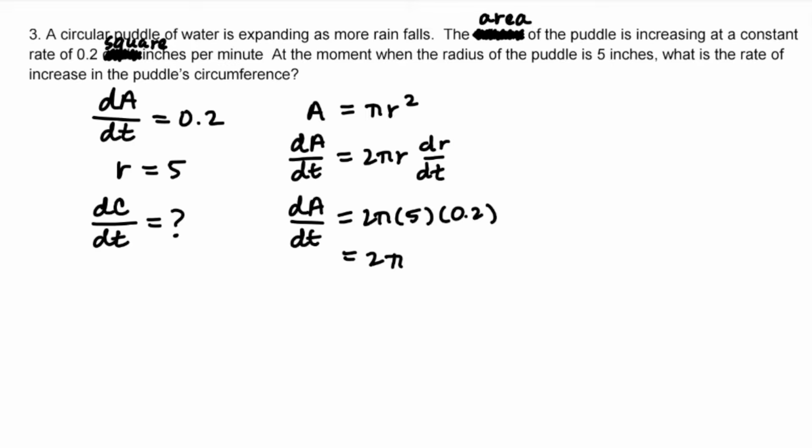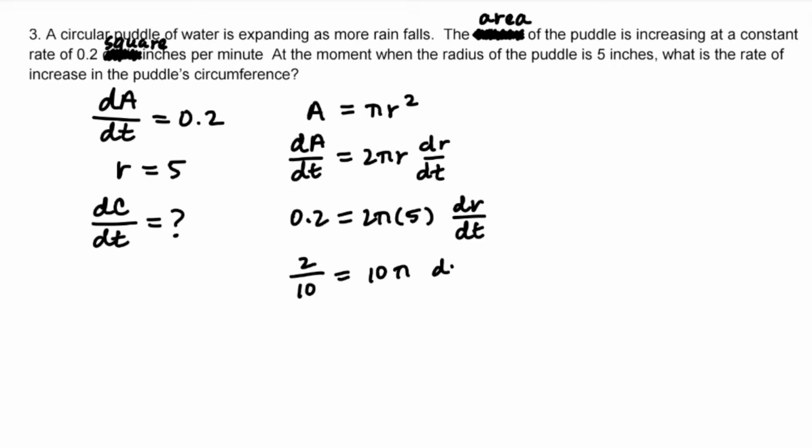And if dA/dt is 2 pi, or wait. That's not what they said. Hold up. We have dA/dt equaling 0.2, so that's where the 0.2 needs to go. Okay, and dr/dt, I knew that wasn't going to work quite right. Okay, so 10 pi, actually take this 2 over 10 equals